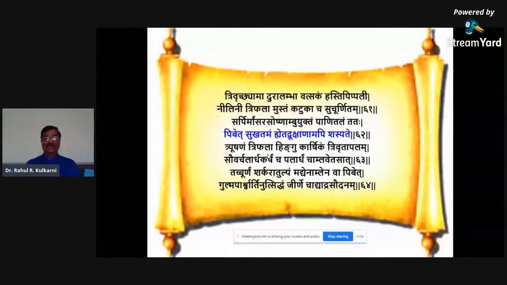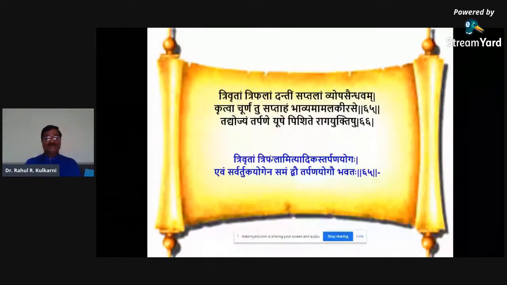So this churna, along with an equal quantity of sharkara, mixed with madya or amla dravya, is administered in gulma parshvartin. Anusiddham jirne cha adyat rasaudanam. So when the jirna lakshanas appear, then give rasaudanam, that is mamsa rasa and odana as a diet in this condition.